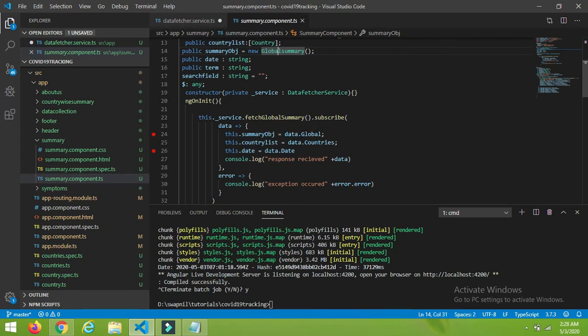And this data dot countries will return the array which we will display on the screen in a tabular format, right? So guys, now we have these two fields with us, the global summary object and the country list. So now I have to display this on the UI.